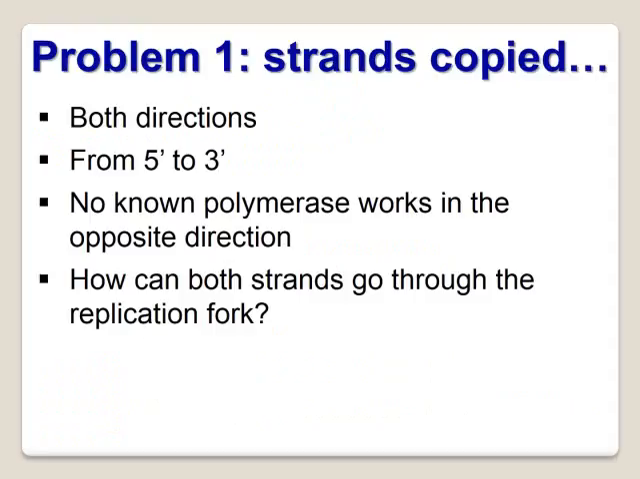Number one, as we stated, the strands are copied in both directions. The synthesis goes from 5' to 3', and they're copied 3' to 5'. And as I pointed out, there are no known DNA polymerases that work in the opposite direction. One strand can go from 5' to 3', but the other strand, how can it go in the opposite direction? Well, it can't, and it doesn't. And it's worked out by